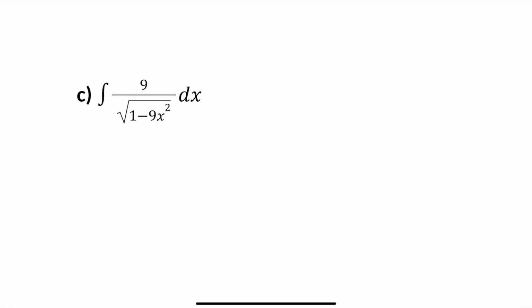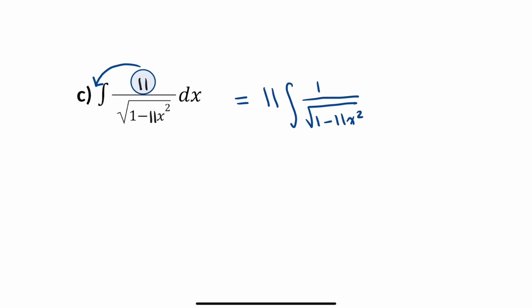Moving on to this example, originally I was planning on making this not a perfect square because this is really similar to part A. So why don't we change this to something like 11? And just because we're replacing it with 11 does not mean the question is necessarily harder. It's just that 11 is not a perfect square anymore. So following the previous steps, I'm going to pull this 11 out in front using the constant multiple rule. And so we get 11 multiplied by the integral of 1 over the square root of 1 minus 11x squared